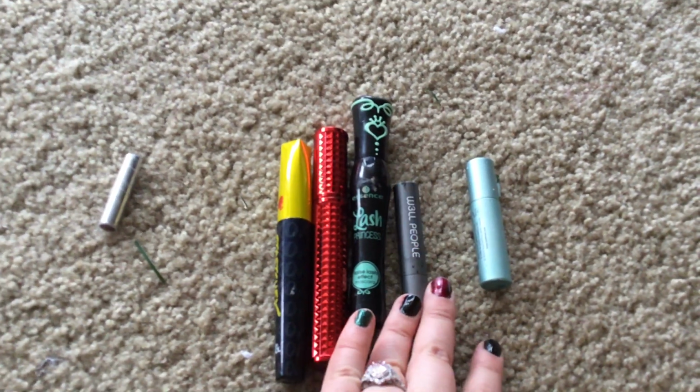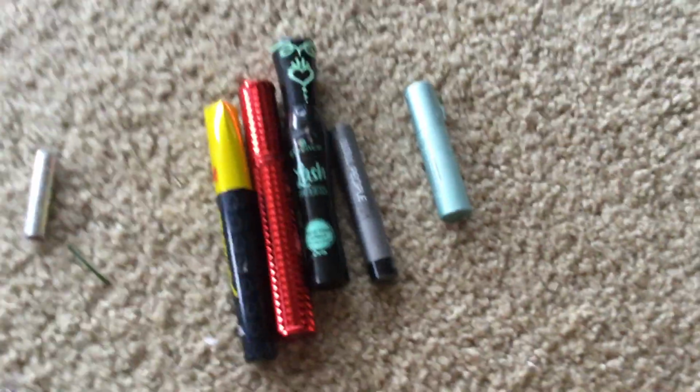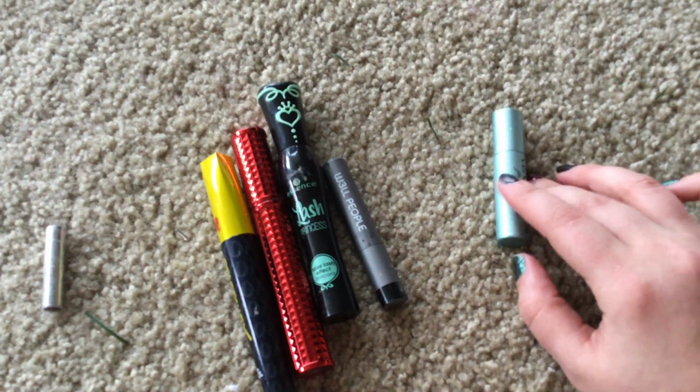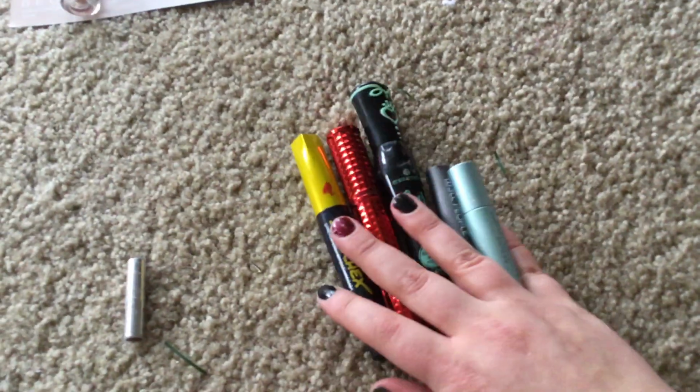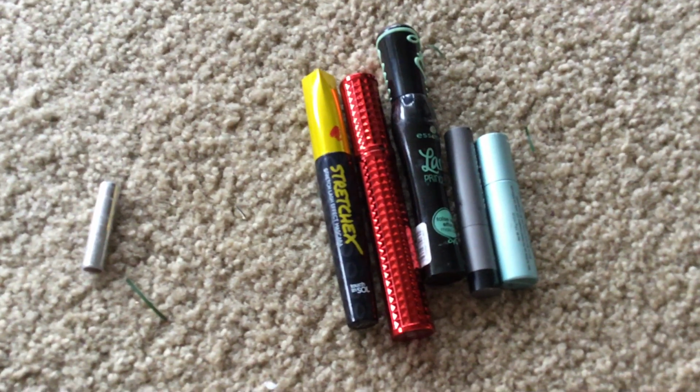This is the Well People one. I got it in an advent calendar for my brother. Didn't love that. And then this is a Too Faced waterproof. I do love Too Faced, but this one just dried up in about 4.5 seconds. So, I don't know. I feel like I just have unrealistically high expectations of my mascara, which is why I'm